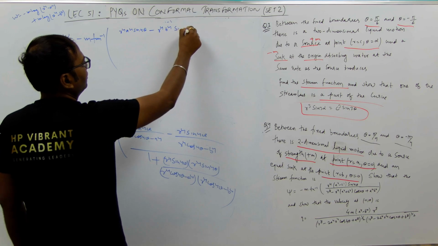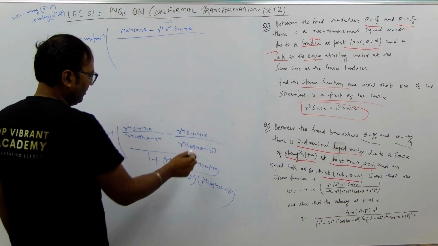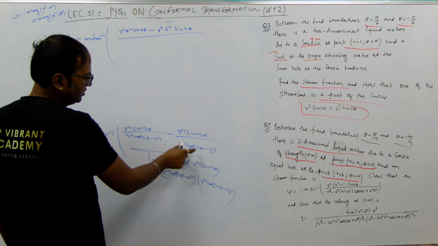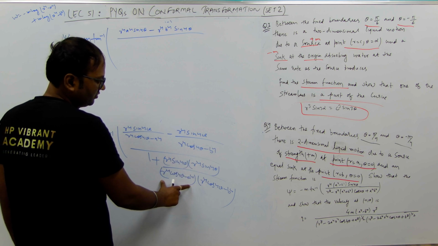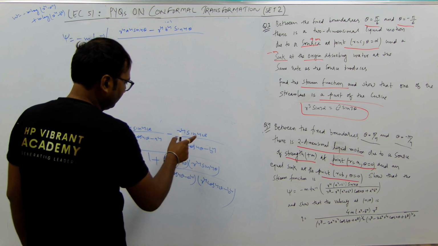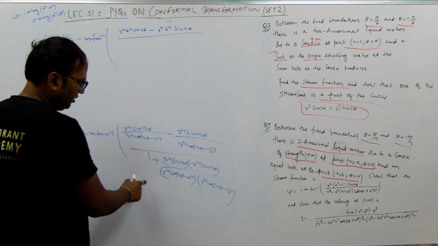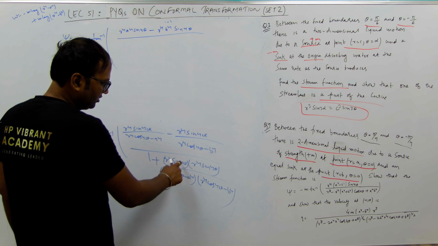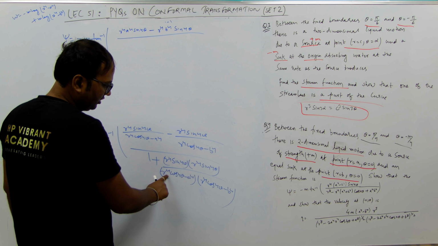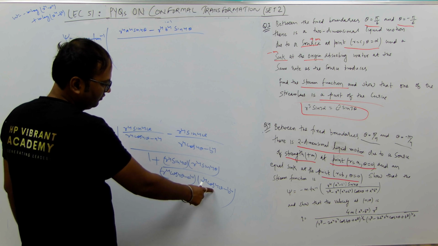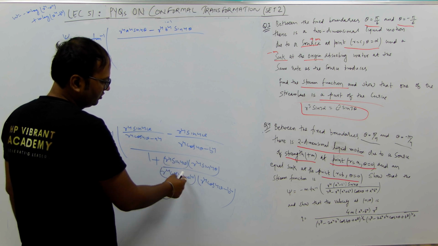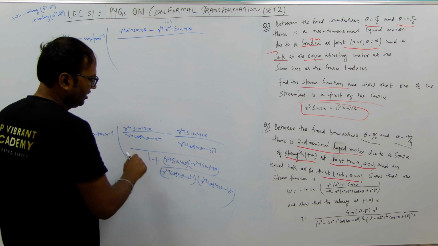Okay, sin 4 theta upon, and the multiplication of this expression and this expression gets cancelled from the numerator and denominator. Now we have r^8 sin^2 4 theta, and from here r^8 cos^2 4 theta. So sin^2 4 theta and cos^2 4 theta will be 1. So we have r^8,